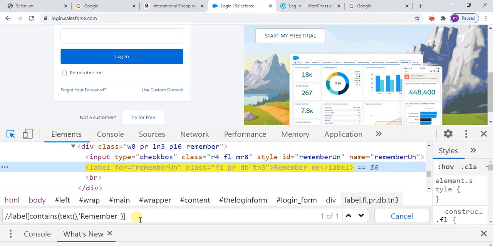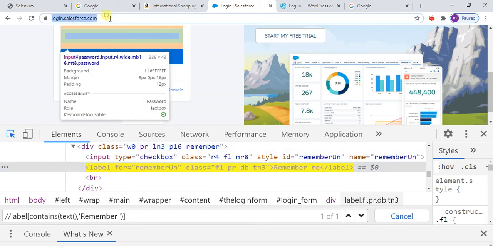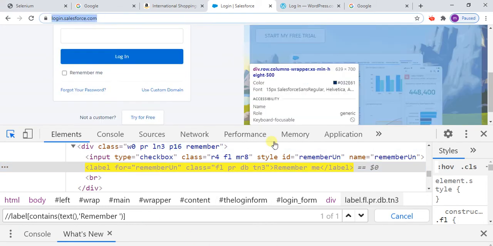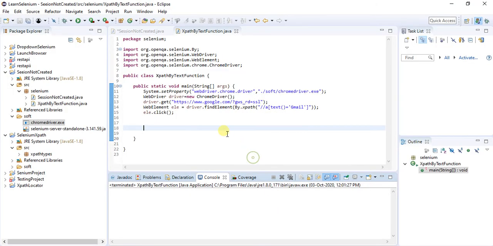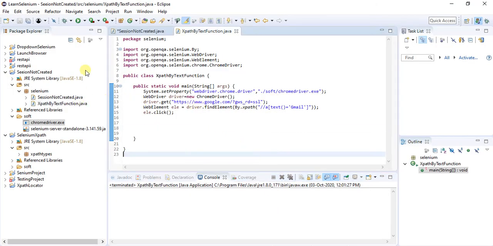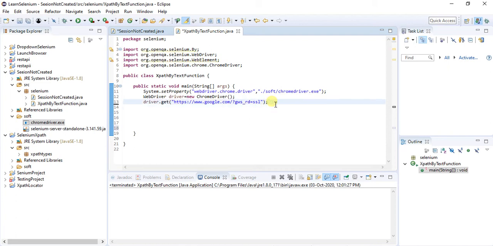Let me go to the Eclipse. I had already written this script, and I am going to remove that and just add over here. I suggest you refer to the previous videos, and you will understand how to write System.setProperty and launch the Chrome browser.